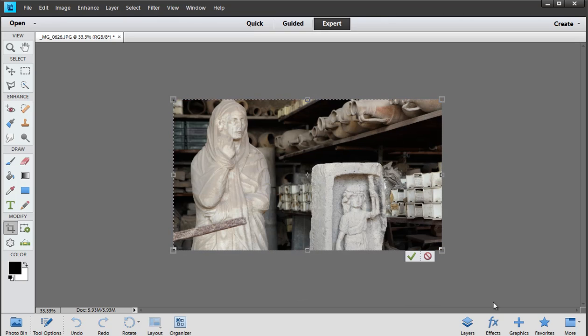Drag it through first, then come back and give it a different go. The only problem here is you have to eyeball this. You can't put a mathematical concept in there and put in some numbers and get it perfect all the way around. I can use the arrows on the keyboard to shift it left and right, up or down. Then I'm going to click OK. Before you click OK, you have to make sure that you've got white as the background color, because the canvas is underneath the photo, and we're just going to extend that out from underneath it. If you get to this point and go, oh my God, it's gone bright pink or something, and you've got the wrong color,